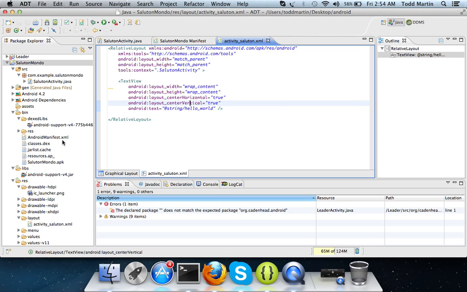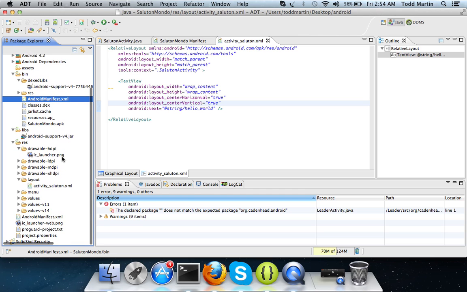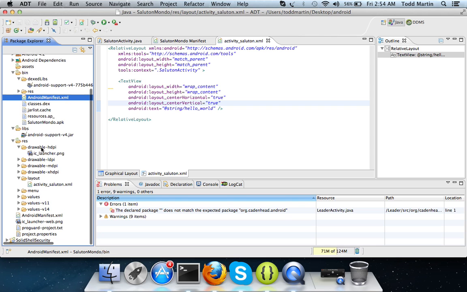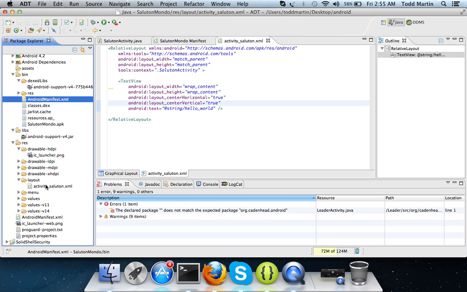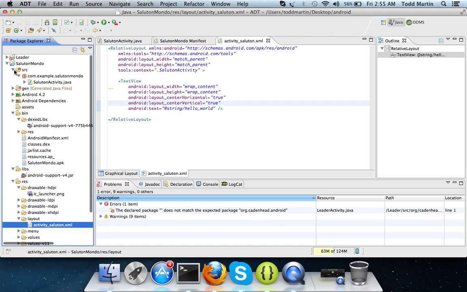As you can see, we have the AndroidManifest.xml, but for a simple application like this, the most important part is underneath the layout, which is the activity_Sciton.xml, which I have opened up here. So all these libraries are different things. This source library right here